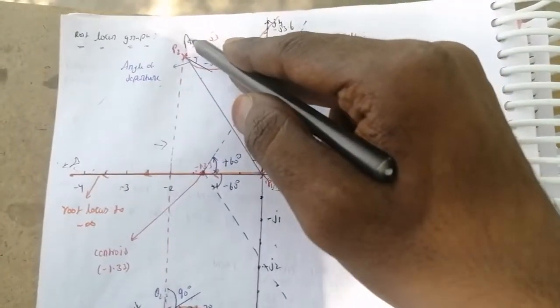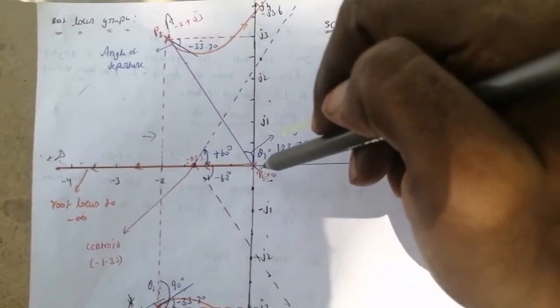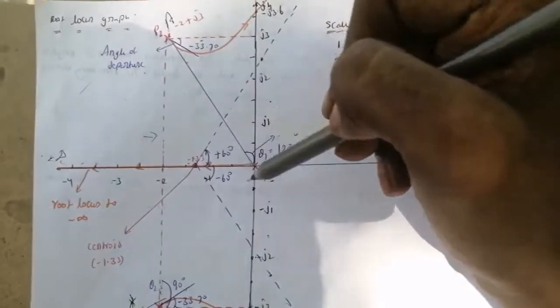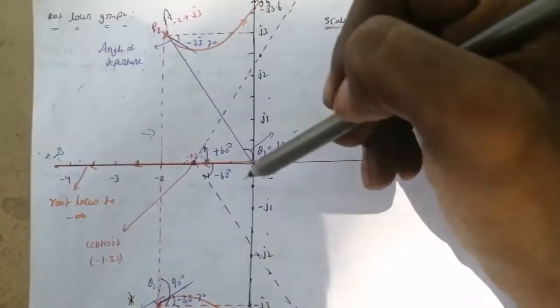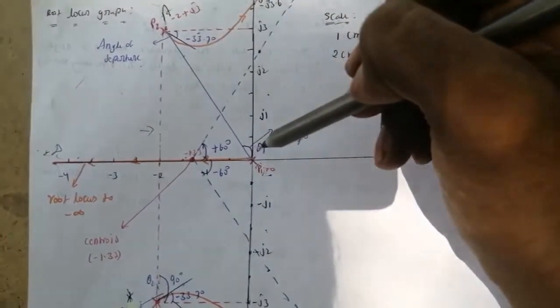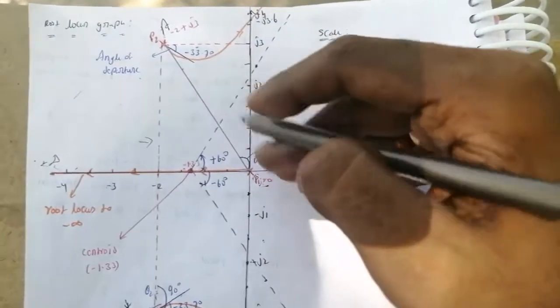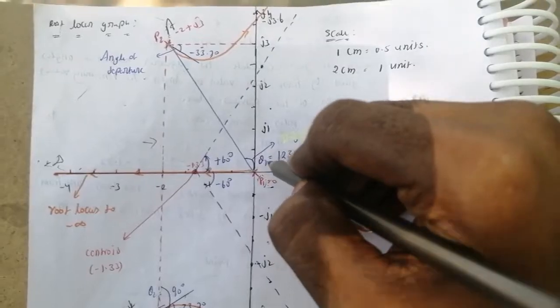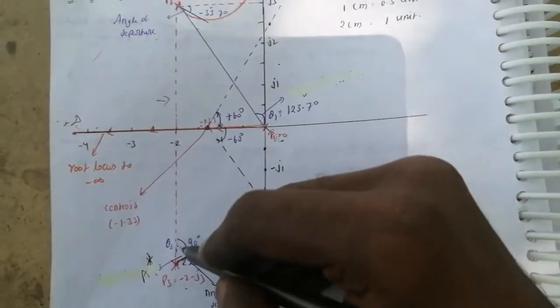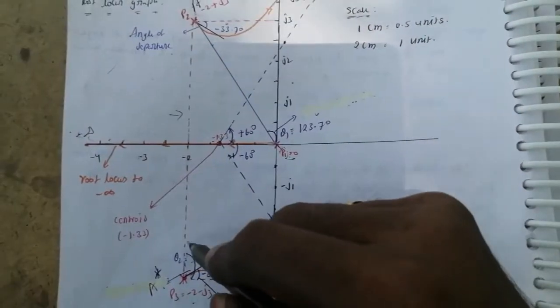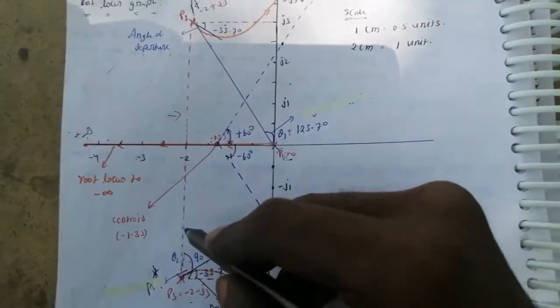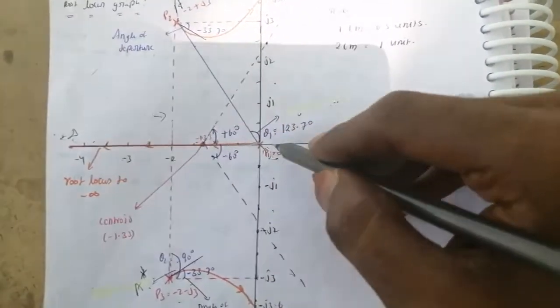From here, A. We have only one pole located on the real axis, right? So I am adding a line. Not just adding a line, you have to add a line by angle. How can we find that angle? When you add the angle, this is called theta 1 and this is called theta 2. Theta 2, this angle, is always 90 degrees. Why? Because this axis is vertical. And you have to find theta 1.